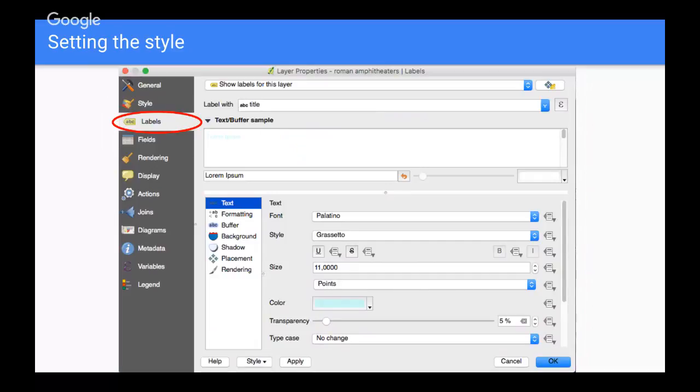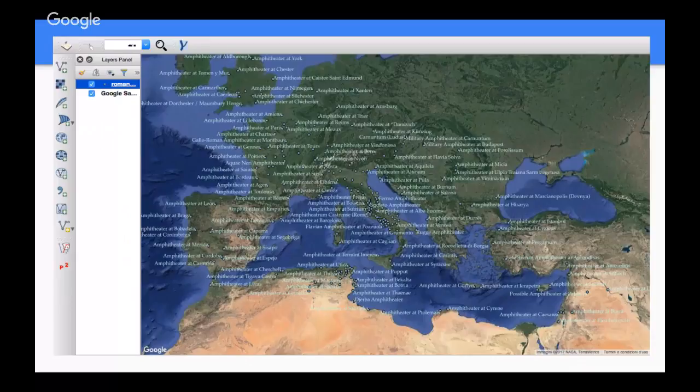The most obvious thing that you may want to do is to set the labels, obviously. So you will go on labels, and you will select the column that identifies the toponym or whatever you want to see basically displayed on the map. And you will also have some further styling options in terms of color, size, transparency, where it should be placed with respect to the points, and so on. And the output will be pretty much this. You see all the names. But this is not really what we want to do. We want to gather some cool visualization of the data here.